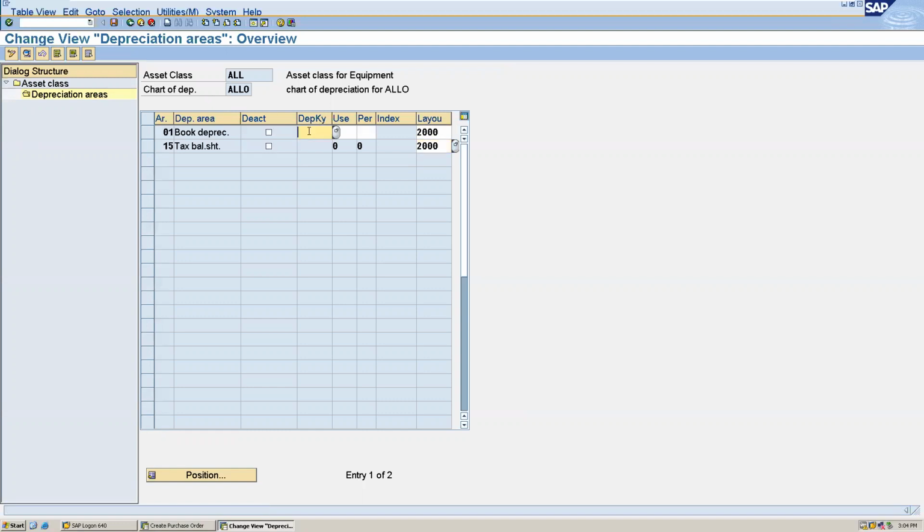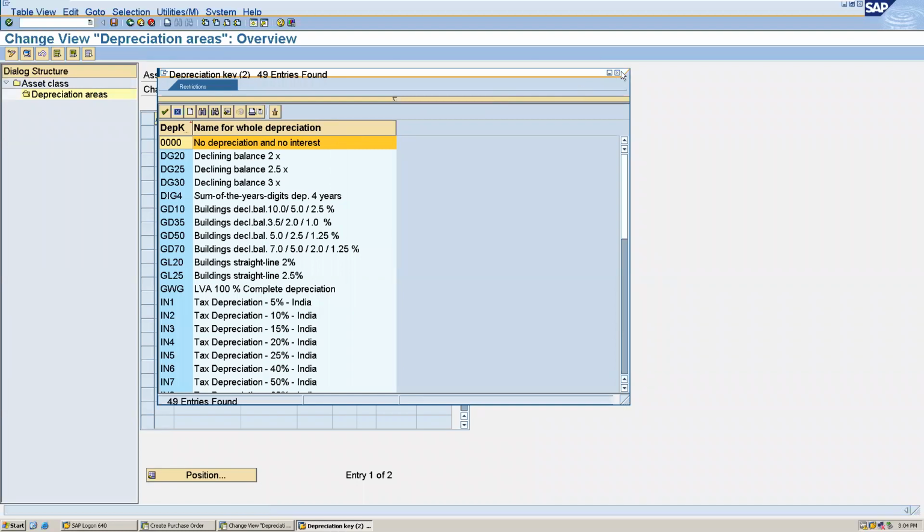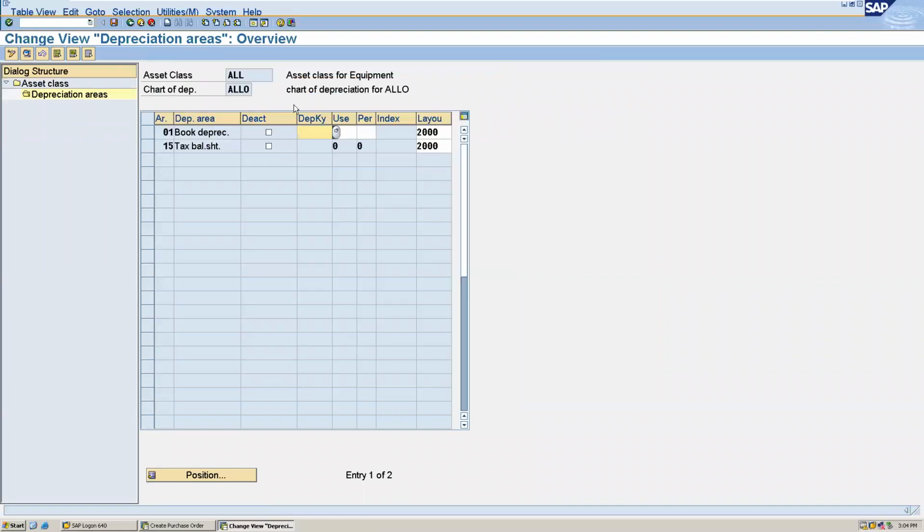And here I will assign the depreciation key Y. Okay, and here I will maintain Z. Okay, select this. Okay, and save this.